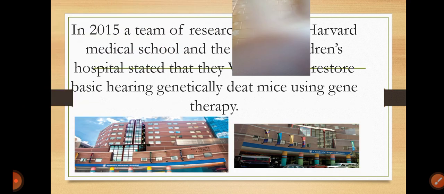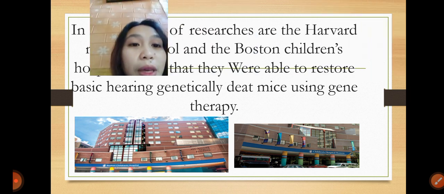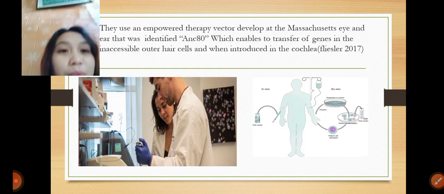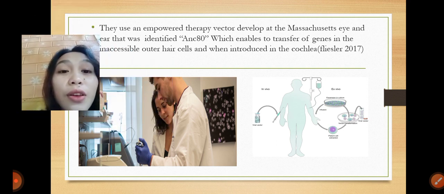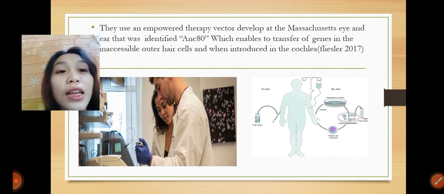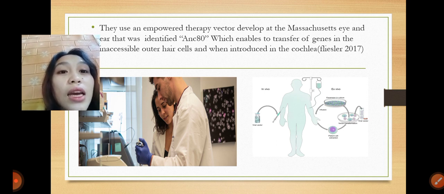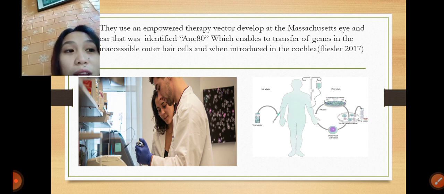In 2015, a team of researchers at Harvard Medical School and the Boston Children's Hospital stated that they were able to restore basic hearing in genetically made mice using gene therapy. They used an empowered therapy vector developed at the Massachusetts Eye and Ear that was identified as ANCAT, which enables the transfer of genes into the inaccessible outer hair cells and introduced in the cochlea, Fleisler in